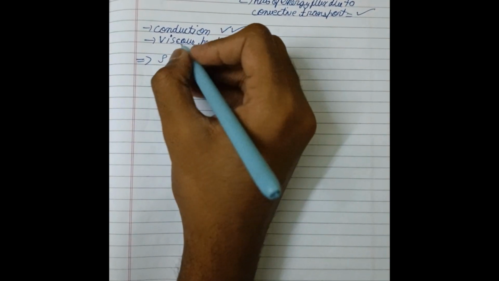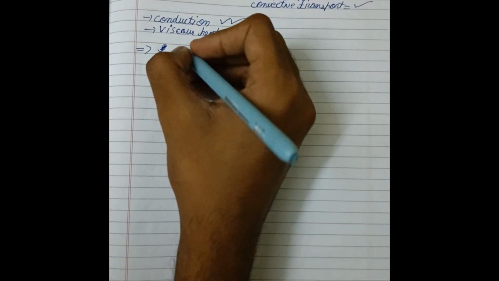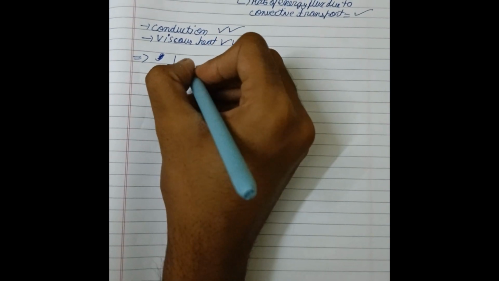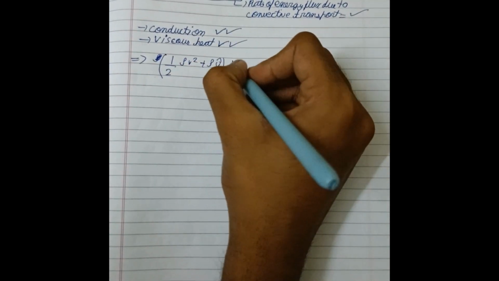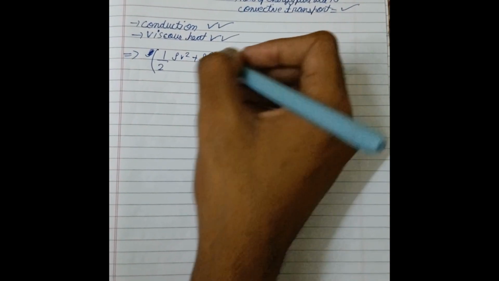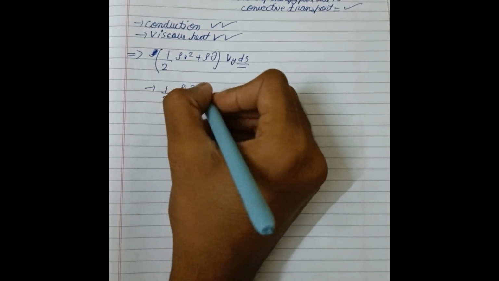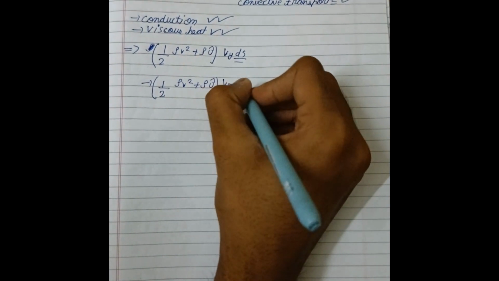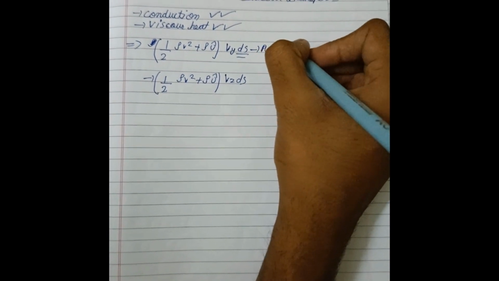Now we have already discussed the rate of energy flux due to the convective transport. As we have written for Vx, we can write similarly for Vy, which is going to be half rho v square plus rho u cap Vy into ds, because we are taking the same particular area. Obviously this can vary. Similarly, 1 by 2 rho v square plus rho u cap into Vz ds. Now what is this? It is the rate of energy flux